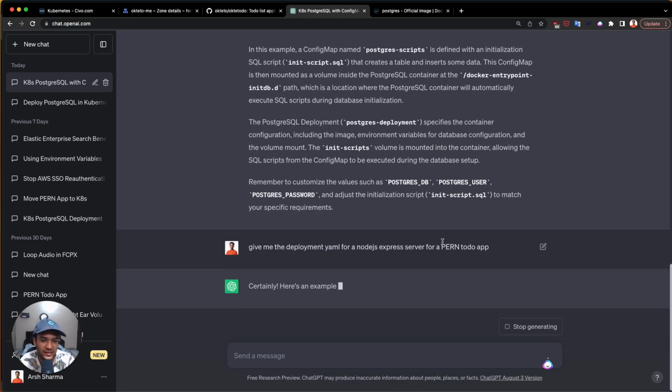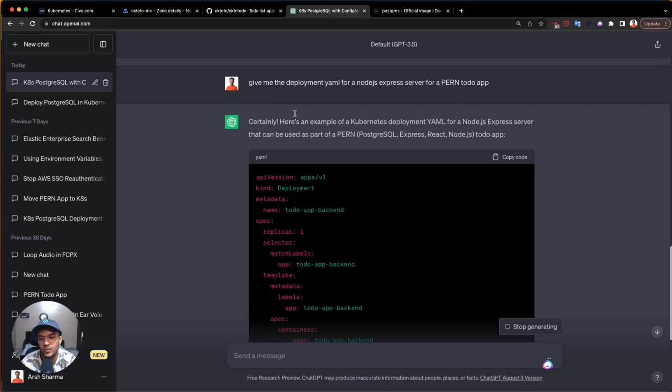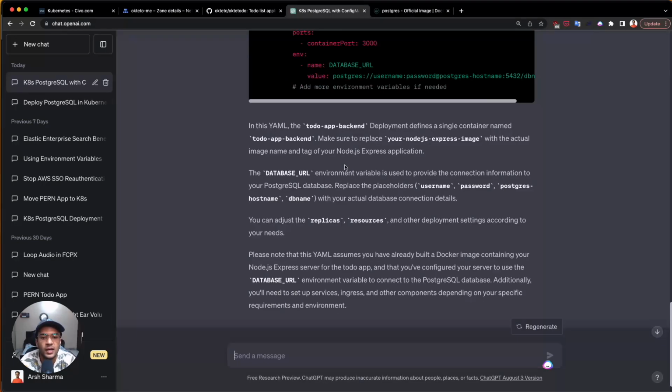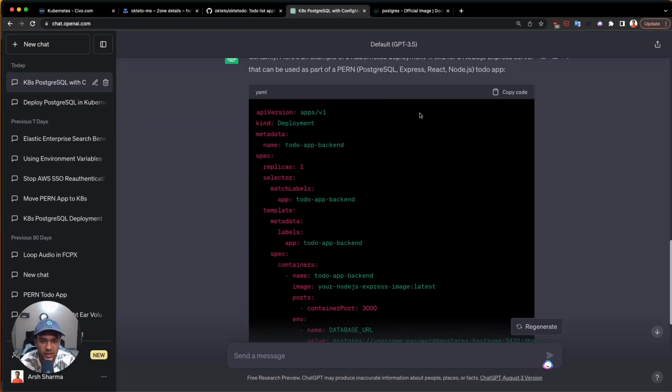PERN basically is the application stack, which is Postgres, Express, React, and Node.js, the technologies we have used to make this application. And it has given me a deployment YAML which seems to have some stuff we don't need, but let's just copy paste this